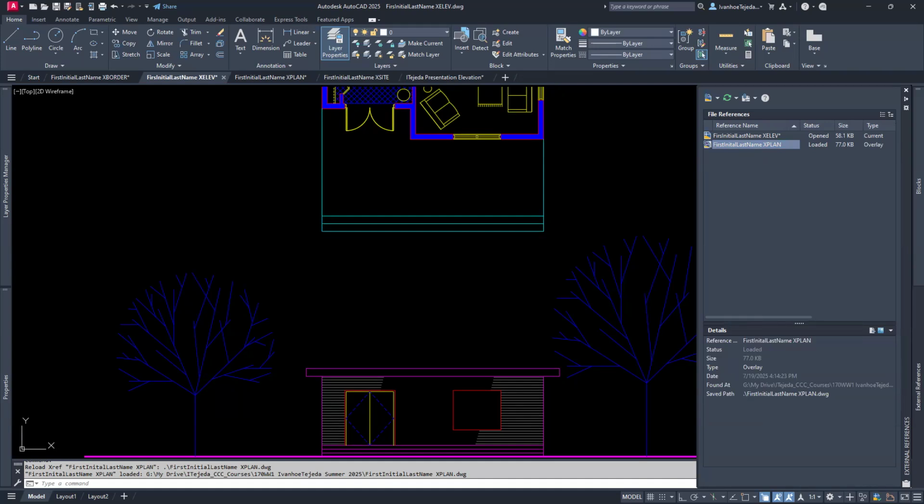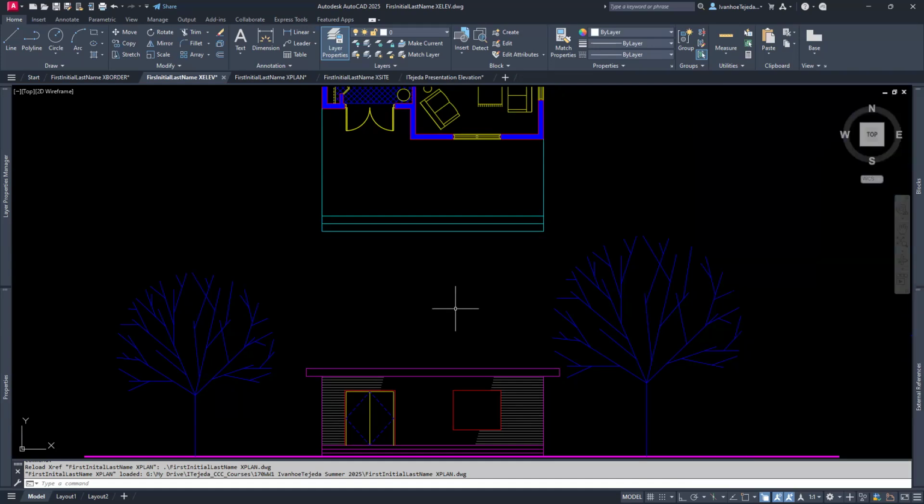As an overlay, it is only existing in this drawing file because I've overlaid it here. And if I overlay it only here, that means I'm not going to see it if I externally reference this elevation elsewhere. So I'm going to save this, Control S, and then I'm going to go back to my presentation